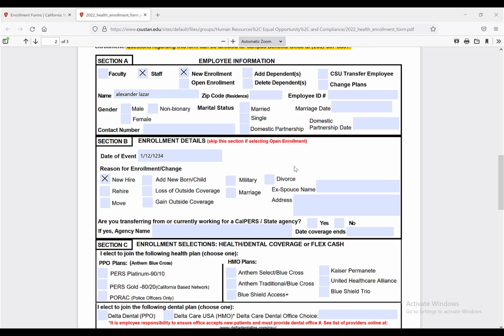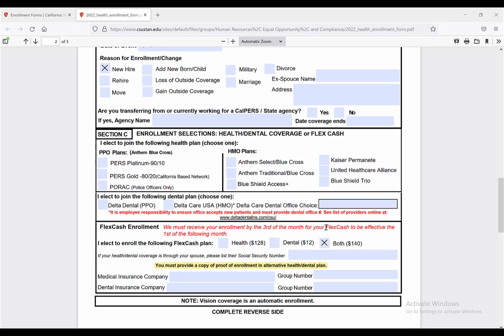And then in section C, this will be where you'll go ahead and fill out your benefits, or what benefits you'd like to enroll into. The first section of section C contains our medical providers. We have them split up between our PPO plans and our HMO plans, with our PPO plans being a little more expensive, but you have more accessibility with who you can go to with this coverage versus the HMO plans,